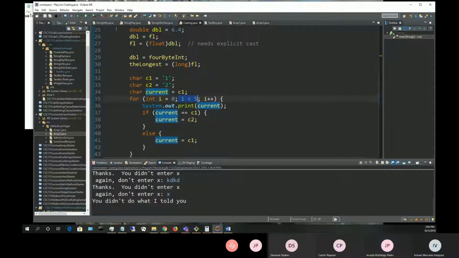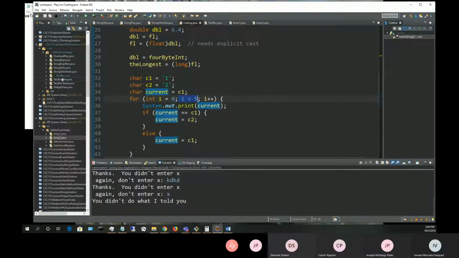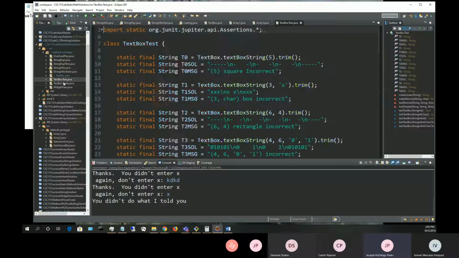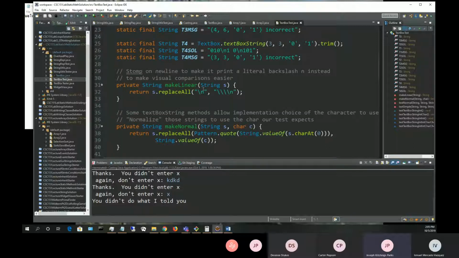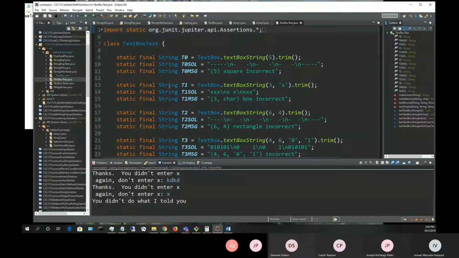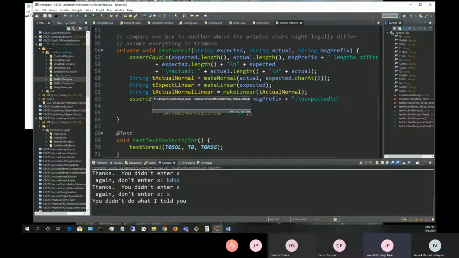And so for that text box string lab, let's see, what was it? String text box test. Yes, this is my tester. Okay, this is some of my test stuff for text box string, which brings up another point that I'll get to in a moment. But if I was